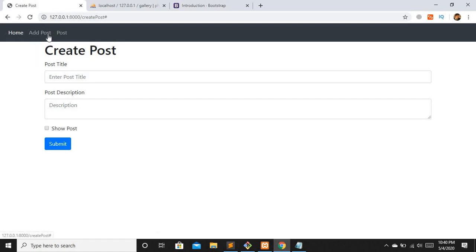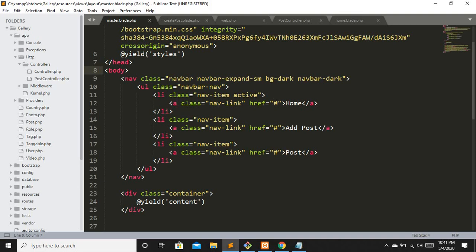Our links are not working, so I'm going to teach you the first basic Laravel method to redirect to a specific page, basically to move to any other specific page. How can you do that in Laravel? I will just show you right now. We are going to replace this href with the URL method.